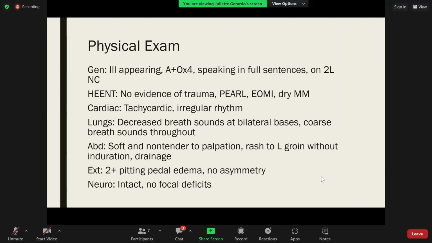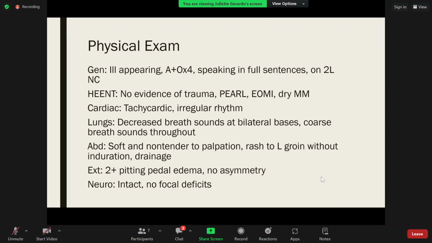So your physical exam, she is ill appearing, but she's able to speak to you in full sentences. And we put her back on her 2 liters nasal cannula, and now her oxygen saturation is 94%. And she's breathing a lot better. She says, thank you. Your head exam looks fine, except she has some dry mucous membranes. She's tachycardic with an irregular rhythm and has decreased breath sounds at the bilateral bases and some coarse breath sounds throughout bilaterally. Her abdomen, though, is soft and non-tender,